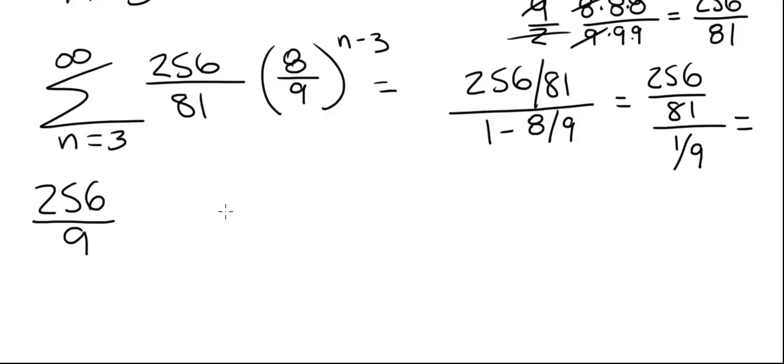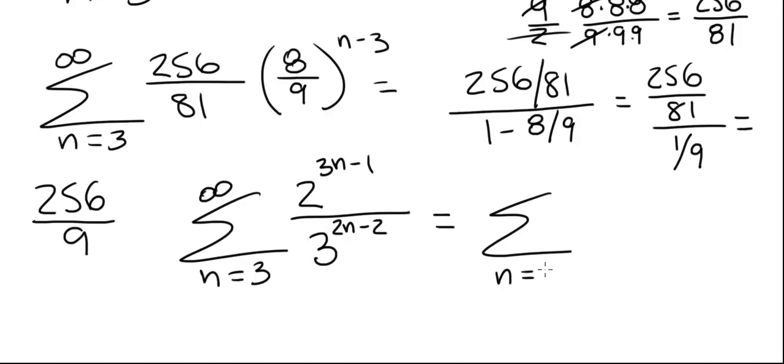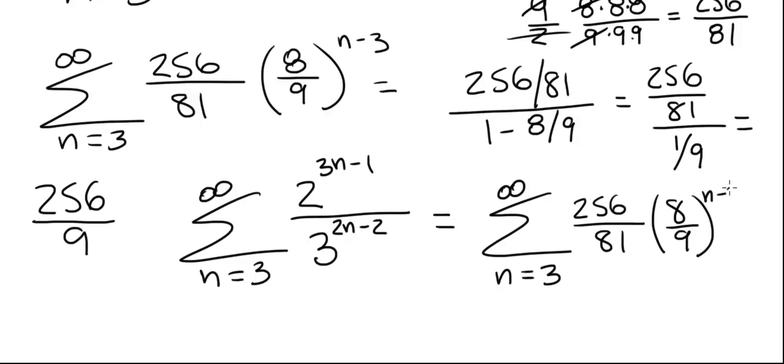To summarize then, the series that we started with, n equals 3 to infinity of 2 raised to the 3n minus 1 power divided by 3 raised to the 2n minus 2 power, we were able to write in a standard form for a geometric series that starts at 3, and that was 256 divided by 81 times 8 over 9 to the n minus 3rd power, and this series converges to